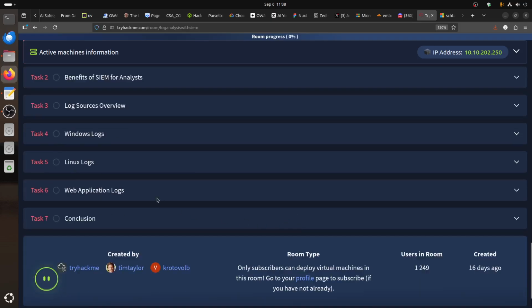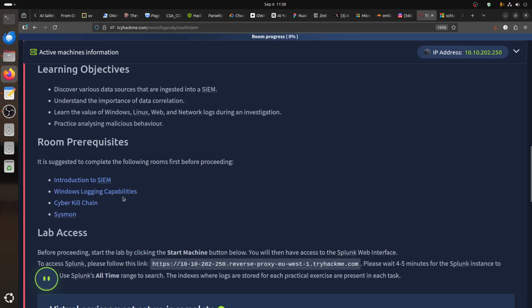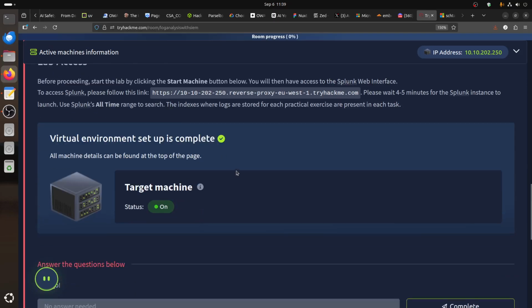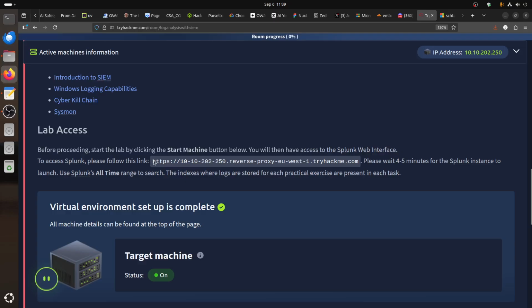We have three labs here. We have a Windows log, a Linux log, and a web application log to practice on. Some introduction: most of the room is using Sysmon, not the Event Viewer. The lab is Splunk. When you start it, you just go to this new tab,